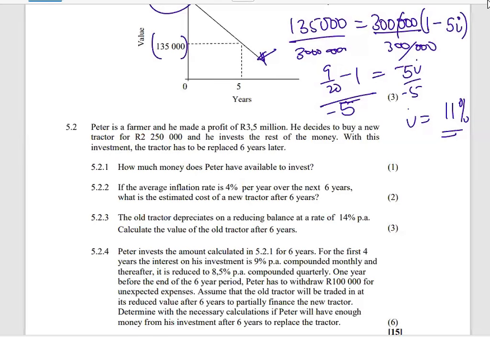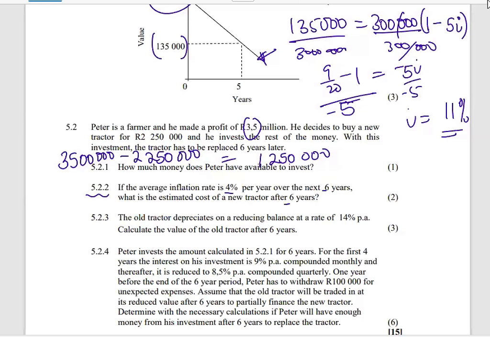Okay, so that's going to be 3.5 million, which can be written as 500,000 minus 250,000. Okay, so that's going to be a 250,000. So 1.25 millions will be readily available just for investment. And then if the average inflation rate is 4% per year over the next 6 years, what is the estimated cost of the new